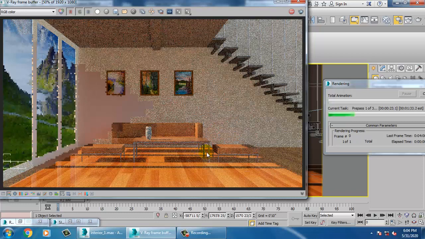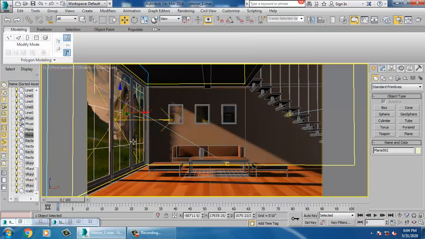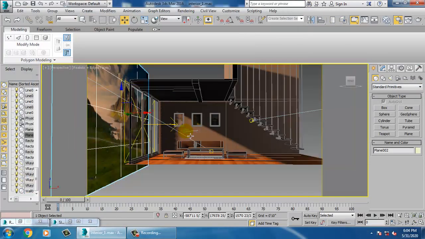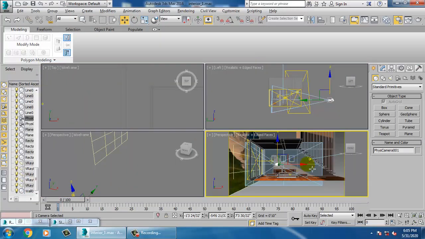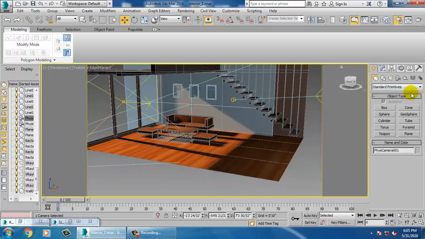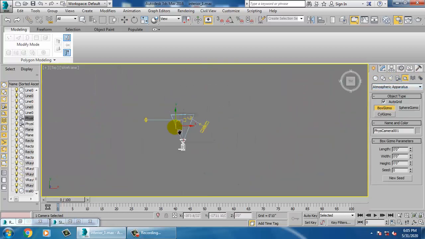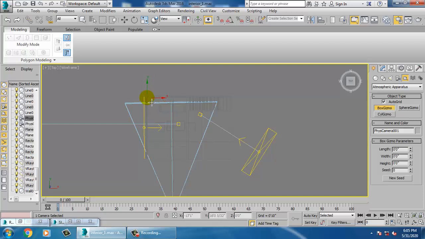So now what we'll do over here is, let's go over here, atmospheric apparatus. Let's take a gizmo over here.